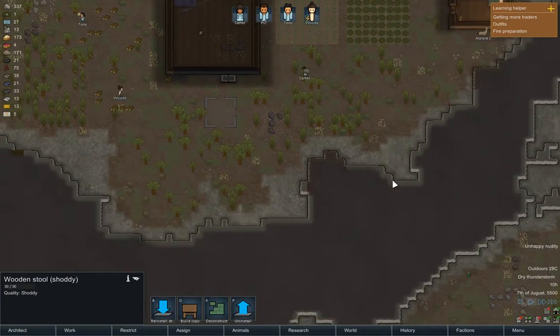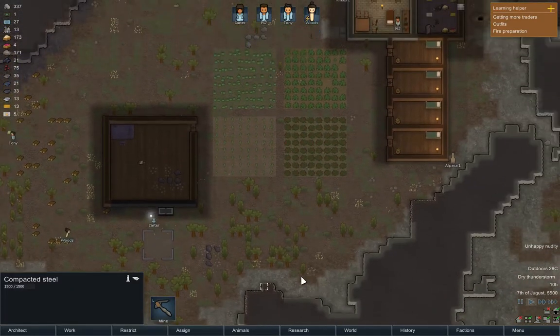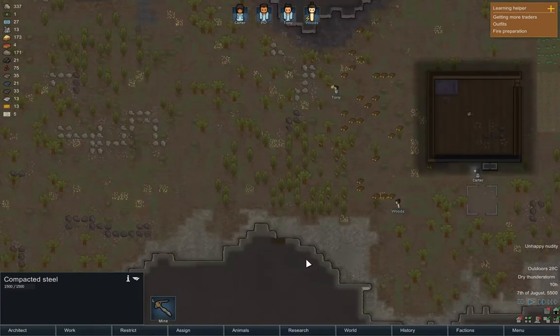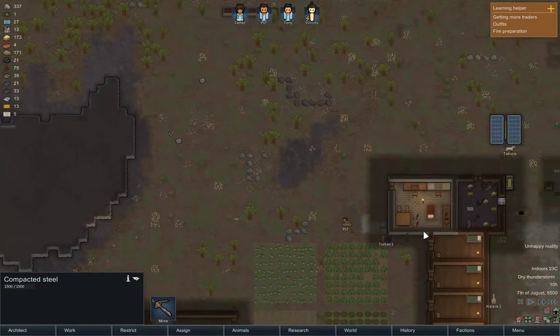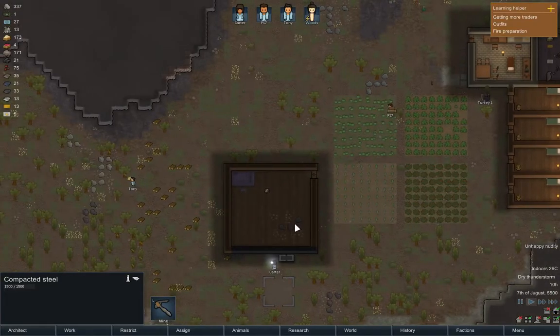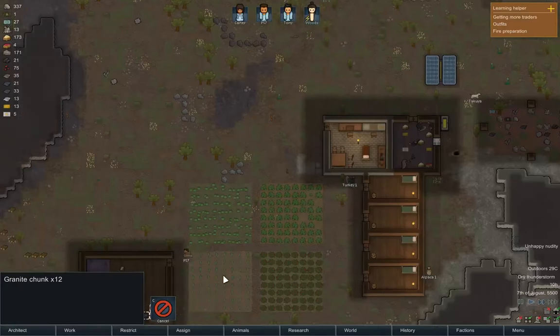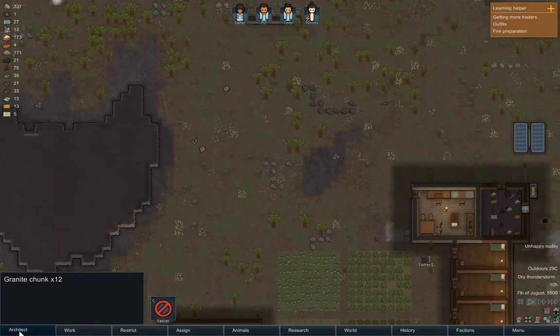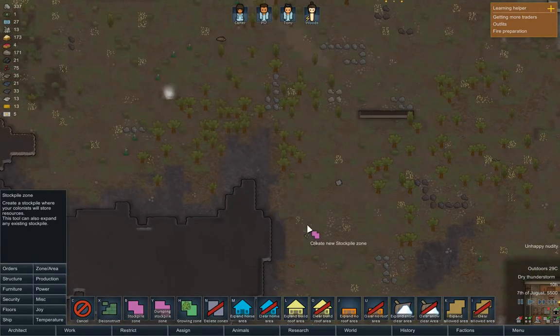So what are we doing? A whole bunch of compacted steel here too. So I've almost finished cutting down all these trees. All this stuff needs to be hauled. What we do need to do is create a new zone, stockpile zone. We are going to...